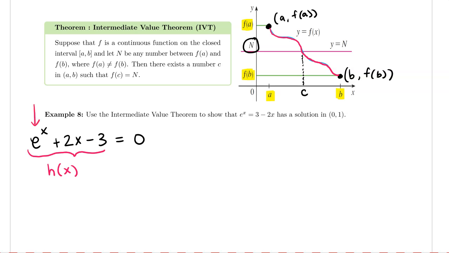First off, we have e to the power of x. This is an exponential function. And then we have 2x minus 3 here. That is a linear function. And exponential functions and linear functions, unless we restrict the domain, always have domains of all real numbers. And before we learned about a theorem that says that exponential functions and linear functions are continuous on their domains. So by previous theorems,